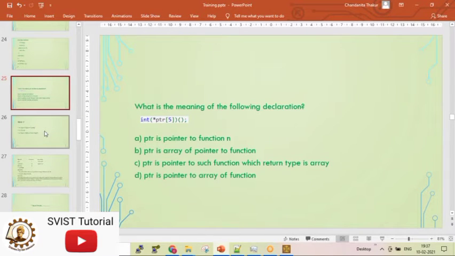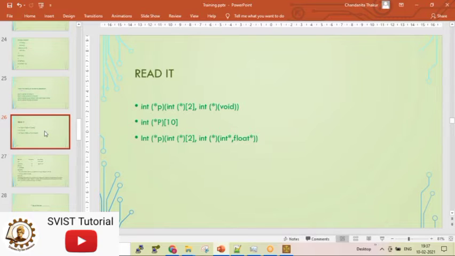Okay. Yes, hello, Chandrasekhar. Tell me. Hello, ma'am. Who is talking? Ma'am, Moinak. Tell me, Moinak. Ma'am, in the first bracket there is an array of pointer.